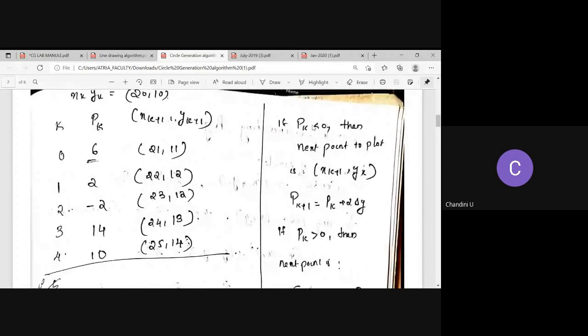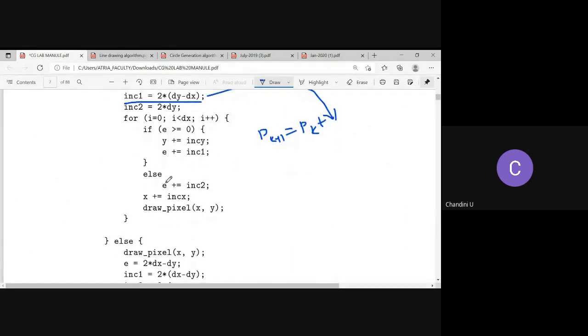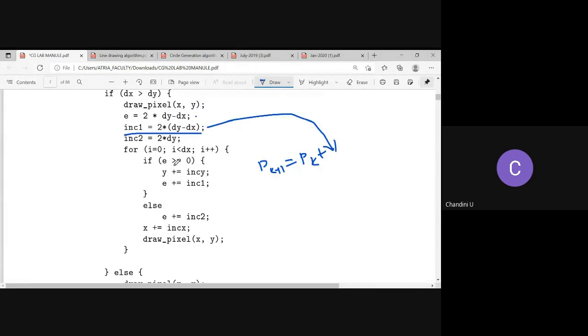All right. So we were saying, if the decision parameter is less than 0, then we have the new decision parameter as pk plus 2 delta y. 2 delta y we already have stored in the increment 2 variable, right? So e equal to e plus increment 2, that is e plus equal to increment 2. And in both the cases we are incrementing x obviously, so that's why we are keeping it outside.